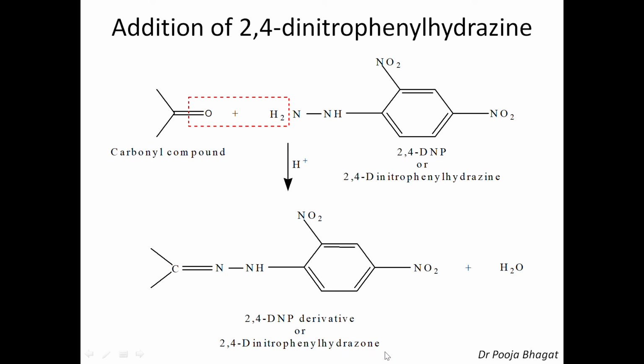Okay, so now the last, addition of semicarbazide. What is semicarbazide? If you can recollect, NH2, NH, CO, NH2. This is semicarbazide. Now three different types of nitrogens are available. So I have denoted them by different colors: black, red, and blue. These are three different nitrogens.